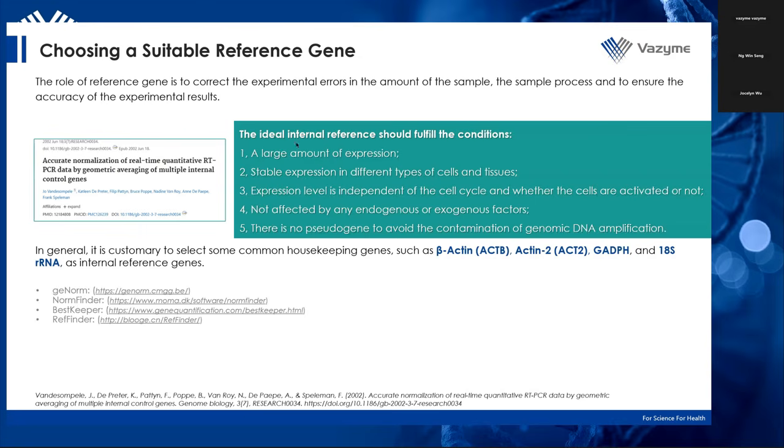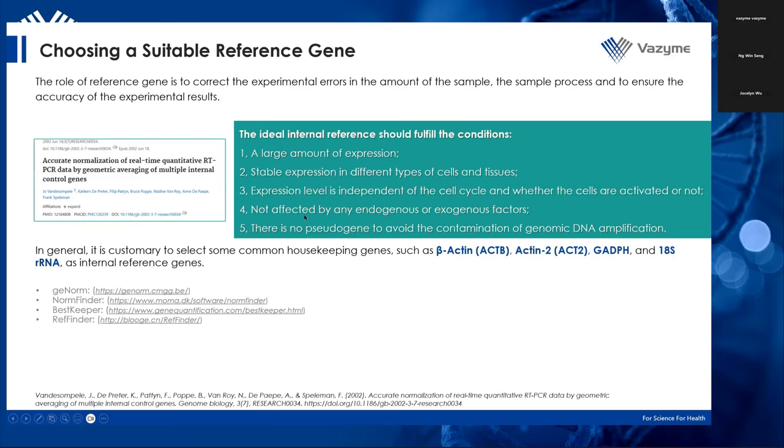It should be stable, okay, stable expression in different types of cell and tissue, because you want the value to be more or less constant, the CT value, I mean. And then next, the expression level is independent of the cell cycle or whether the cells are activated or not. When you extract the cell and extract the RNA, the cell itself might be at a different cycle, a different life cycle stage. So the expression level needs to be the same no matter which phase the cell is in,